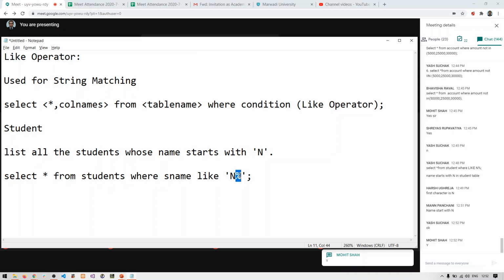Any doubts? Anyone? See, in GTU exam in queries, there are compulsory 2 questions of like. So 2 marks is very easy to gain out of 7 in the queries. So is this clear everyone? Any doubts? Fine. So let me go with the second question.